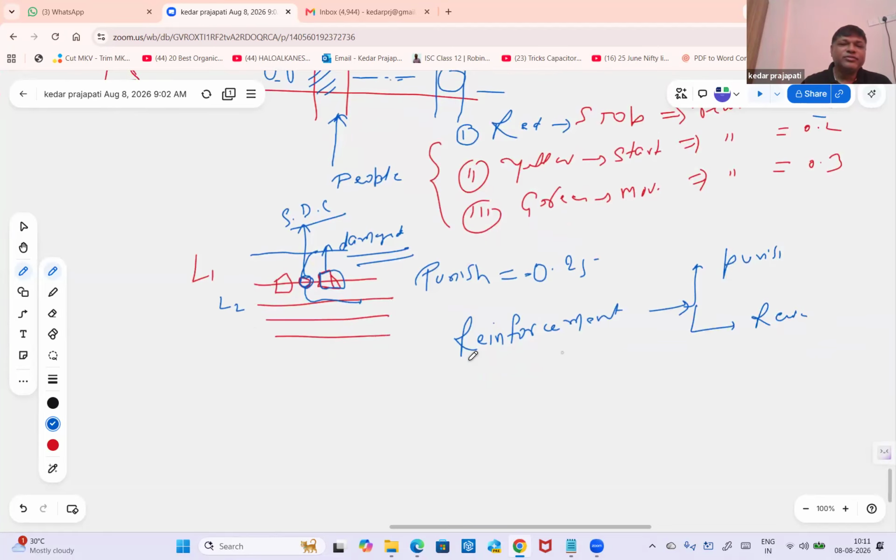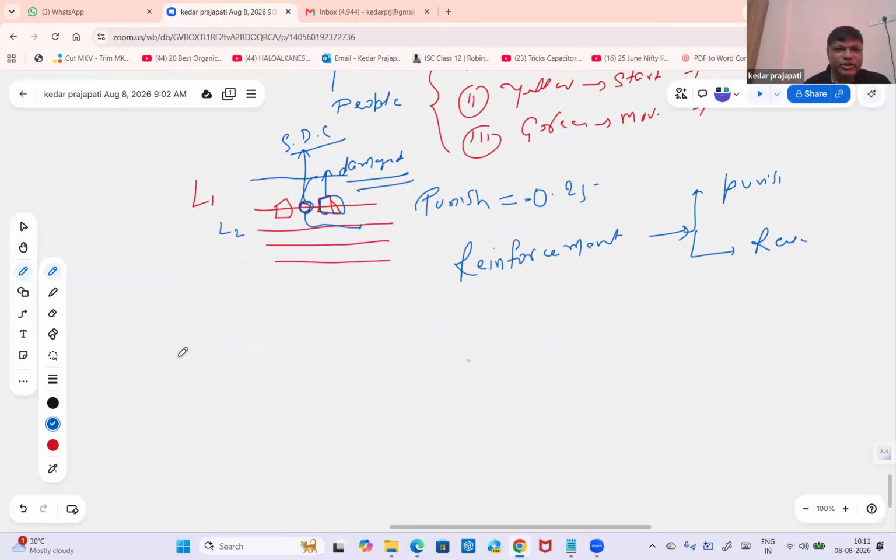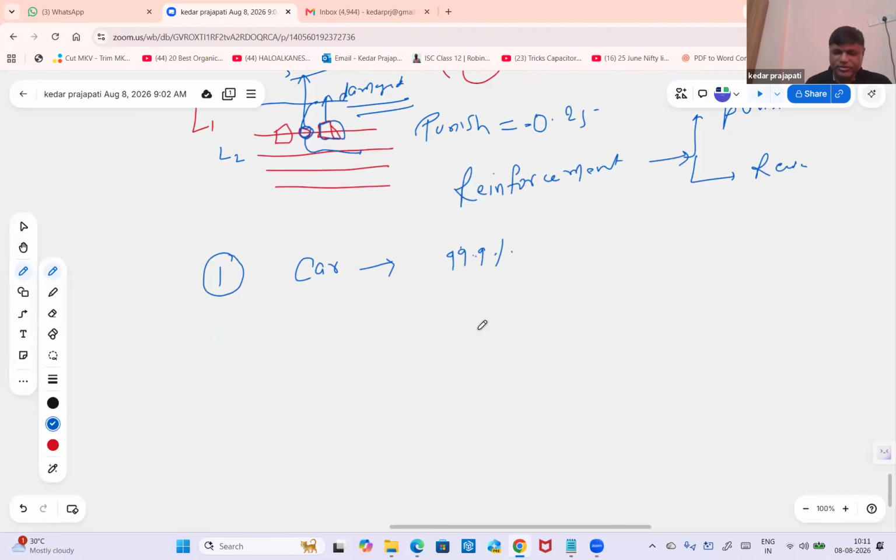So when will you release this to production? When you have tested it for multiple years. It is a very real-time thing, a real-time application, a car. So you will be releasing this car or this model only when your confidence score is, I'll say, 99.9%. And how is it calculated? First, this matrix.